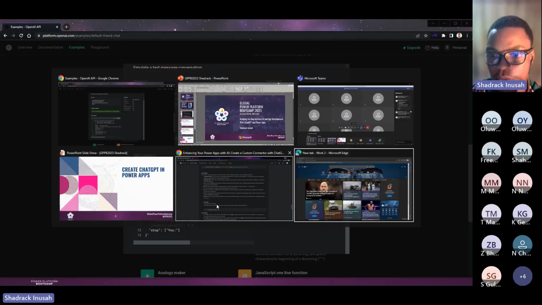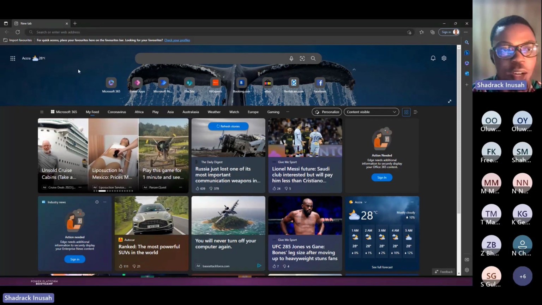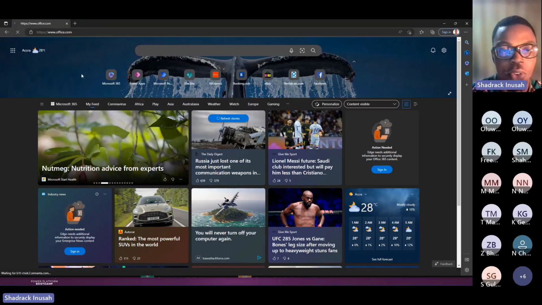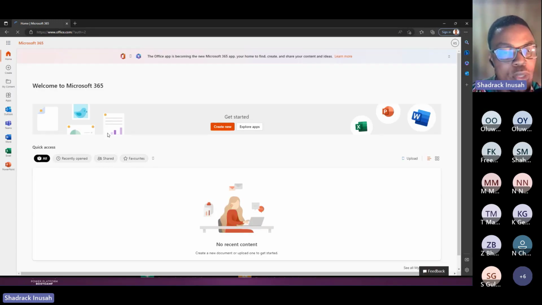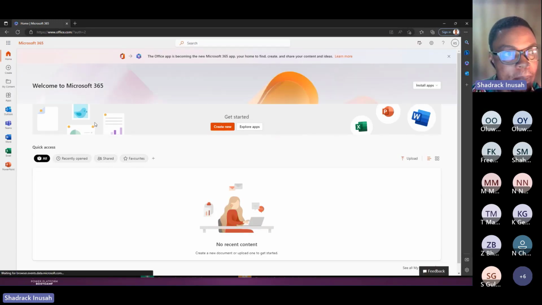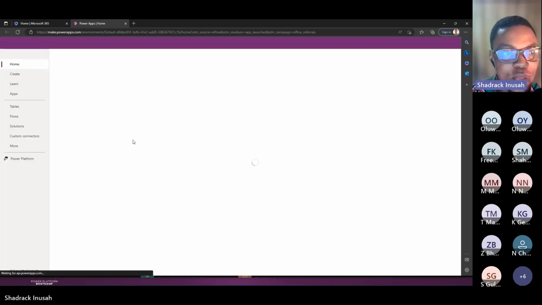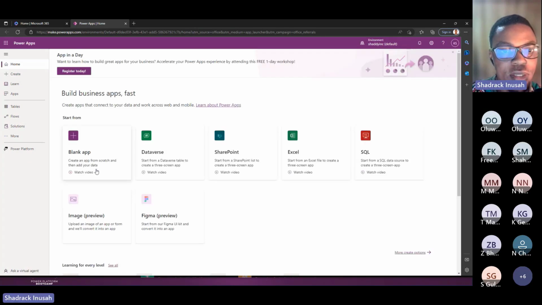Okay, so let me just move to my M365. As my colleague mentioned earlier on, to move here, you just have to enter office.com and your M365 packages pop up just like that. Then you just pick whatever you want to use. So I'm going to look for PowerApps. I just hope my internet favors me. So inside PowerApps, awesome.